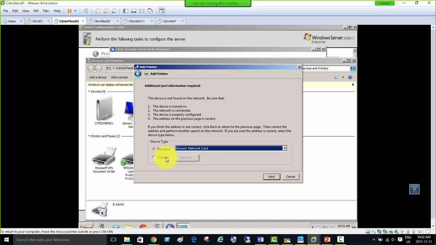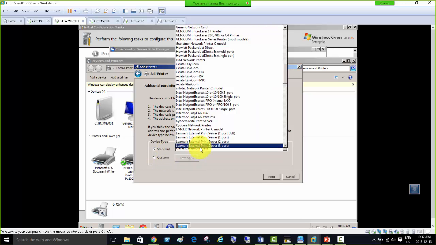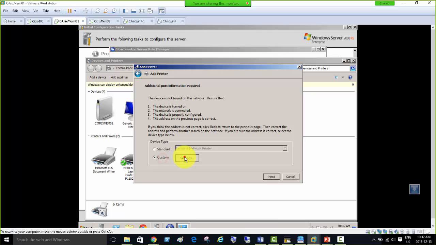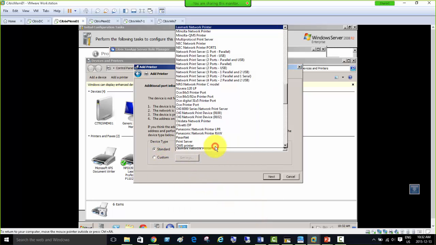If you have those, we can just use that. Citrix has its version of universal printing drivers as well. So here, if standard device is there, or if I go custom, no, not custom. So if I go standard, I can just go for